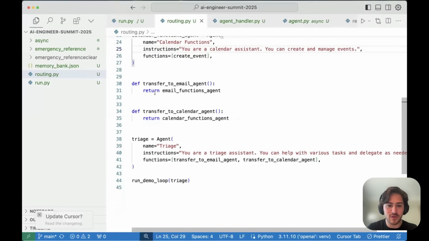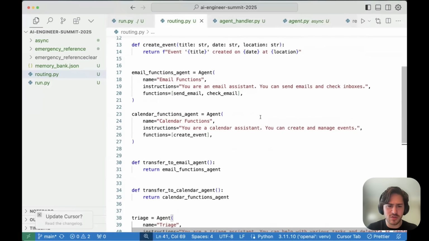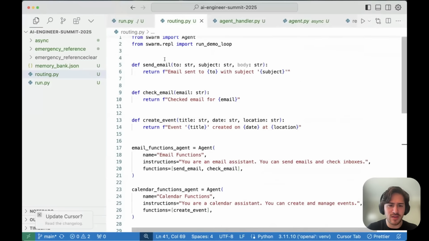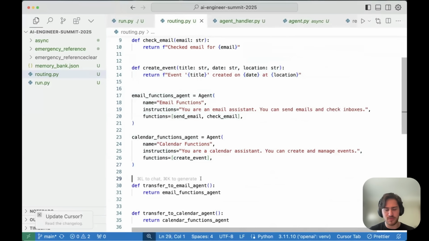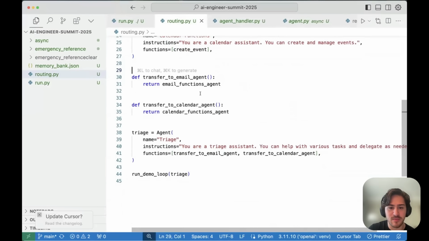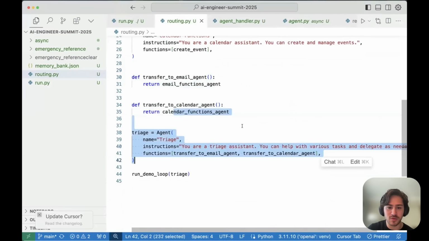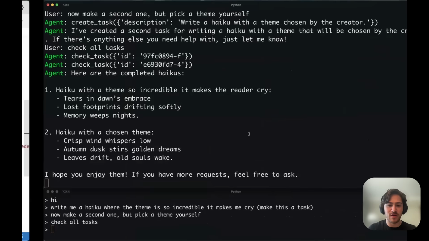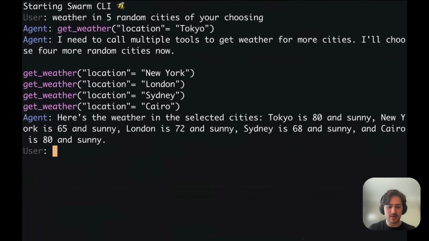So now I have my 2 transfer functions. Oh, it did it. Okay, cool. So I think this should just work, right? I've defined the actual functions and agents, which in your case would be many, many more functions. I've defined the transfer functions and I've given them to the triage agent. So now if I run this,